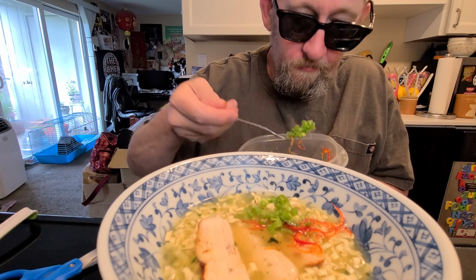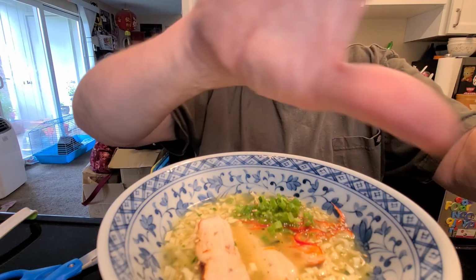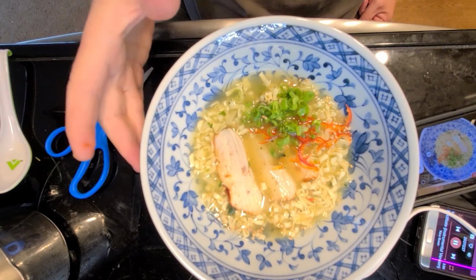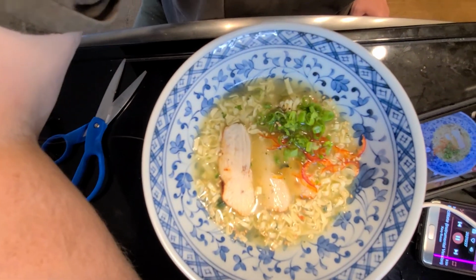Some spring onion, maybe. I could do black sesame seed. It's up there though. Here's some regular sesame seed. I don't know. What do you think? I think we're good. I could do some mung bean sprout, but it's gonna be so stark and bleached looking. I can't do it. I'm sorry for all you fans of it. I could have used coriander, which would have made a lot of sense, but that's for the guinea pigs. So let's